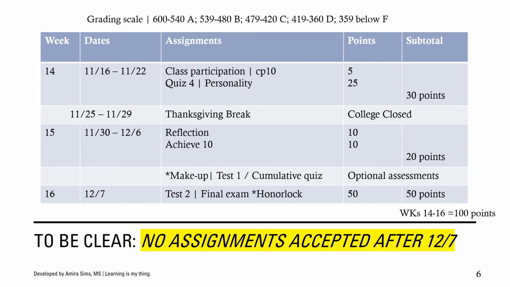So Makeup Test 1 is if you miss Test 1, you have an opportunity to take a makeup, and the score that you earn on this makeup will replace the 0 that's currently in the grade book. If you did poorly on test 1 and you want to take the makeup, that's also an option. I average your first and second score, and that would be hopefully to your benefit. In the event that you do worse the second time, then I just pretend it's as if you didn't take it and go with your first score.